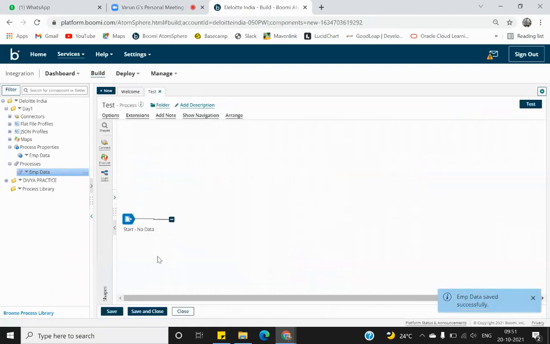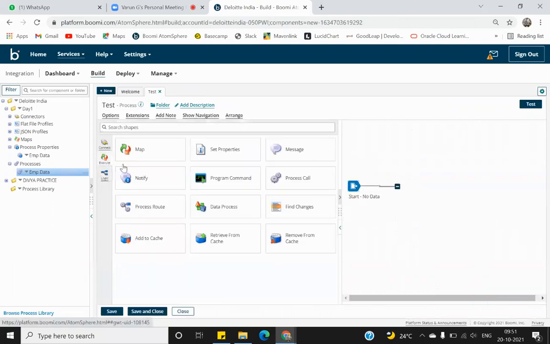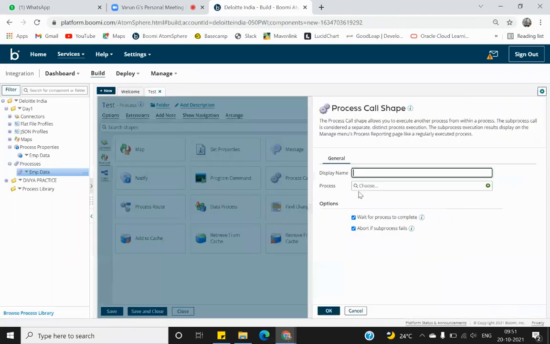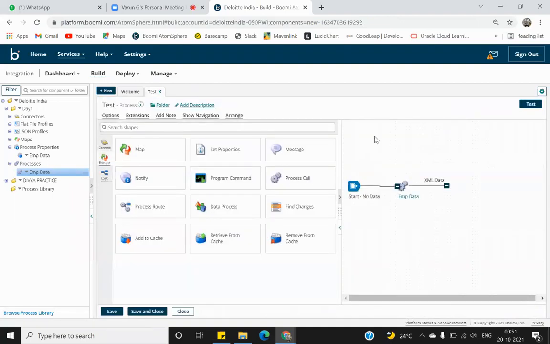Save and close this. Now I have this process. What I want to do is I want to call my sub process here, and so I take a process called shape. I choose my process temp data here. All right. I click on OK. So you see, a return document shape is giving me an XML data path here, so that I can process my documents accordingly. So now I can send it to disconnector where I need it to. I can combine the document. I can do anything that I want to. I can further map it or whatever I want to do with this data.